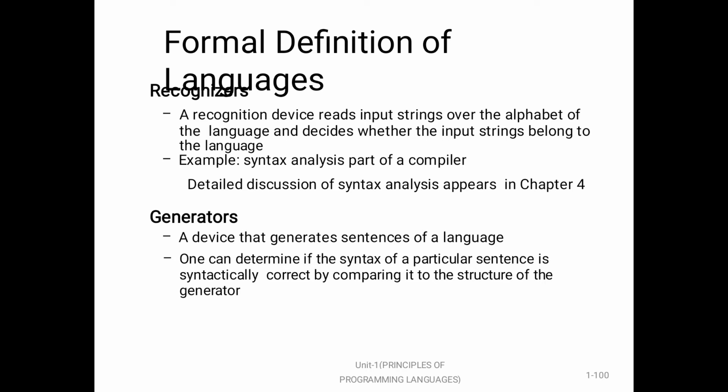Suppose we have a language L that uses an alphabet sigma of characters. To define L formally using the recognition method, we would need to construct a mechanism called R. We can call this a recognition device, capable of reading strings of characters from the alphabet sigma. R would indicate whether a given input string was or was not in L. In effect, R would either accept or reject the given string. Such devices are like filters, separating legal sentences from those that are incorrectly formed.